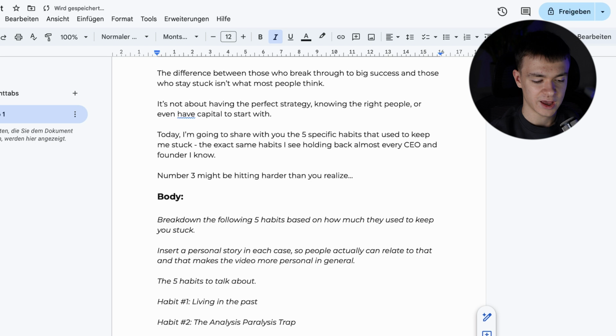Actually, guys, I will write out the body word for word afterwards. So I'll show you the body written out word for word. So you just have a quick walkthrough and actually see how it would be written out word for word, because obviously it's easier also for the client to record it once it's word for word. But I'll just skip the process in the video and show it to you afterwards, again, because the video would simply be too long. But for now, let's break down the habits.